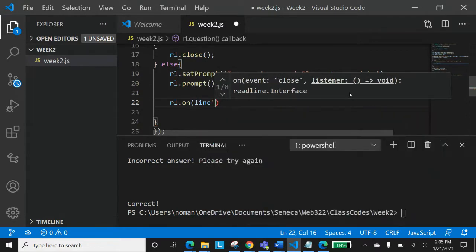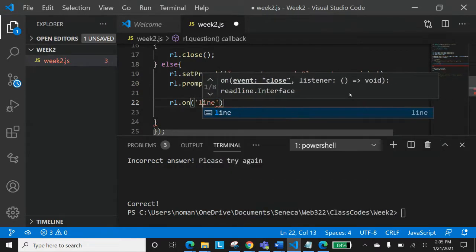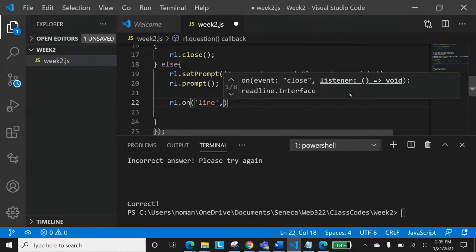Line, in single quotes. We are waiting for line. What do you mean by line? Line means when the user is prompted, they will enter something and press enter. So pressing enter means the line event will be emitted. The line event will be initiated, it would be running. Are you getting that?